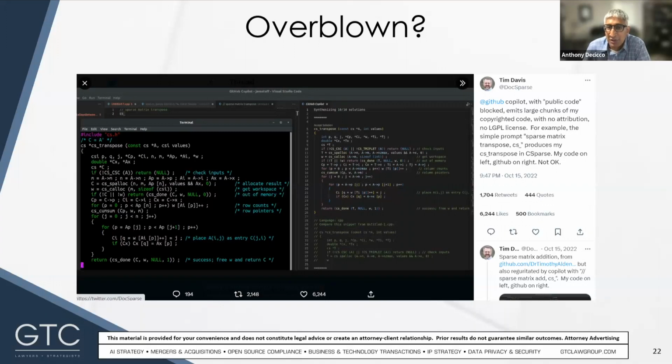So in this case, as a Copilot user, you wouldn't know any of that, but the requirements could still apply to you. It's also interesting in this case, Professor Davis even had the Copilot feature that avoids displaying publicly available code turned on, yet it still generated this code. So it was supposed to filter out any code that matches publicly available code, and it didn't work in this case. In addition, this also means that Copilot was likely trained on Professor Davis's code. Otherwise it wouldn't be in the training set.